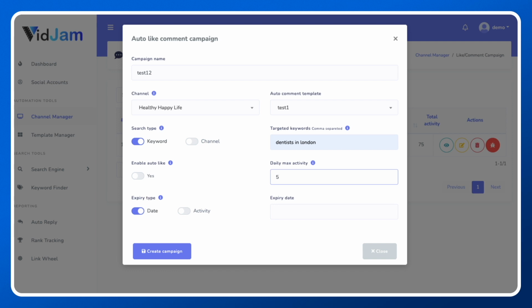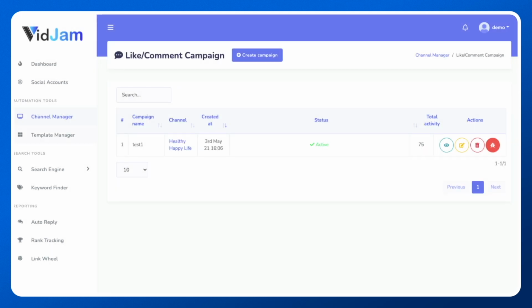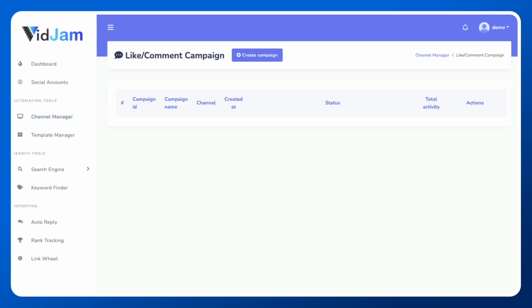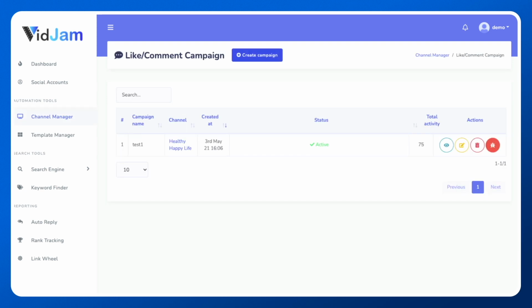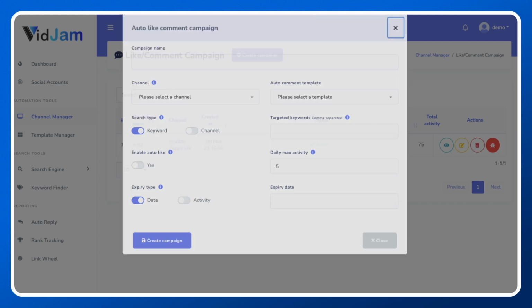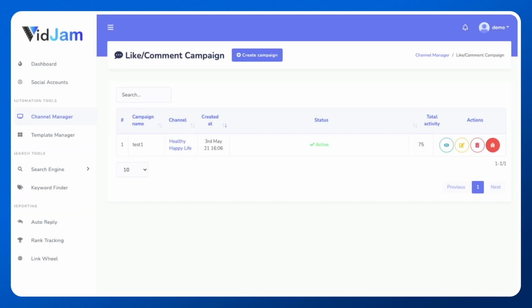You can also do a comment campaign in that. From here you can also put a particular comment regarding that particular video, so that also you can do. And it's going to like and put the comment, and when that person sees that you have commented, they're going to come back to your profile, they're going to see your channel, and that's how they also subscribe to your channel. And this is how you can build your channel.